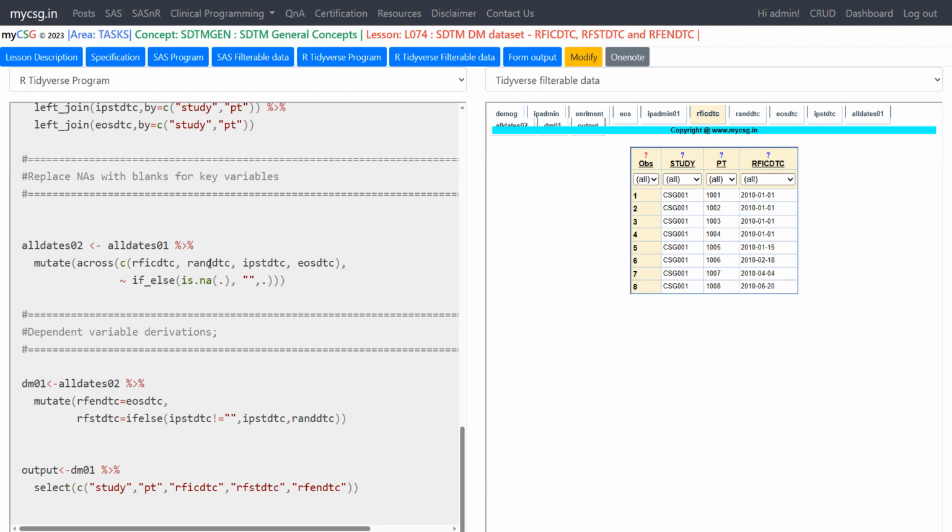So we are setting all the newly created variables which have NA to null character string here. This syntax is kind of equivalent to our arrays function here. So across all these variables, RFICDTC, RANDTC, IPSTDTC, USDTC, this is kind of defining your array statement with 4 variables, and then this tilde function gives us the statements